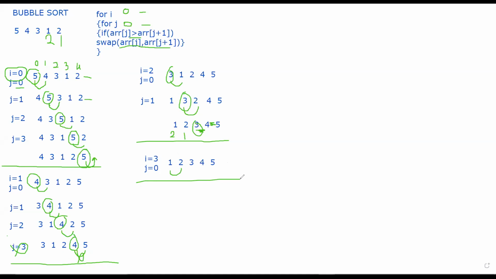Now, can you see the pattern over here? See, I need to find what? Two things I know, that I need to compare these two elements and then swap. This condition I know. I can write that inside a code directly. But what will you write inside this for loop?